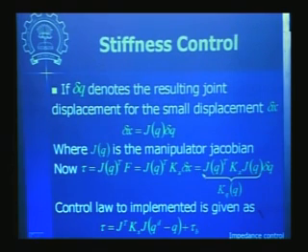So J transpose Kx J is now the desired stiffness of the joints. Okay. So this tau is nothing but this desired stiffness multiplied by the joint displacement delta q. You all see that?